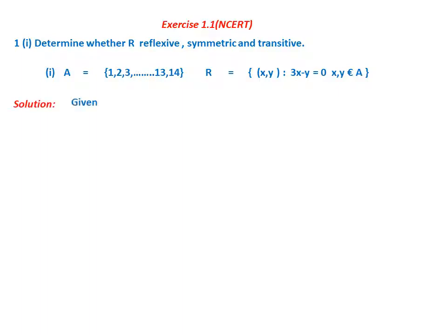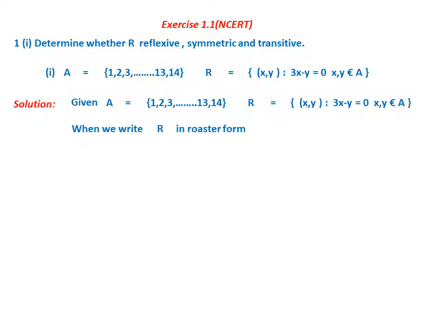Now first what you have to do is, given A equal to {1, 2, 3, 4}. This is a set given, and R equal to the relation is (x, y) such that 3x minus y equal to 0. First we have to write them in the roster form. So we can write like this. See, R equal to, substitute the value and find. This you have done last year also. So these are the four values.